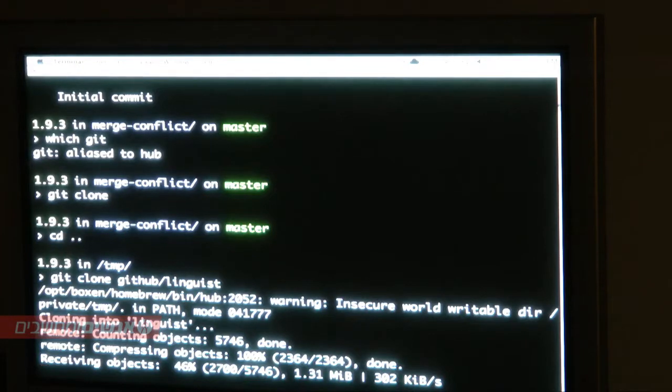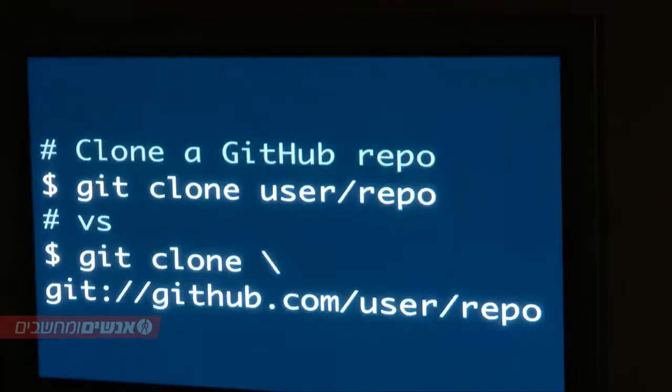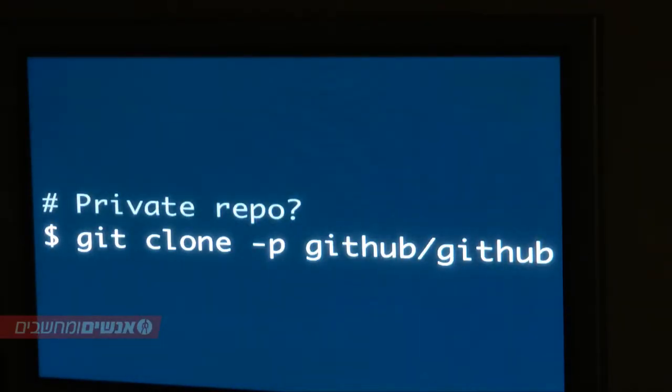But is it using the read-only URL or the read-write URL? What's the default? The default is the read-only URL because it assumes you don't have access to it. Now, you can add a -p flag to it, and that's saying this is a private repo. You guys can't access this private repo, so if I were to do git clone on it, it would say that project doesn't exist. And then if I say git clone -p, it says, okay, yeah, that exists. Here's the rewritten URL, which is nice.